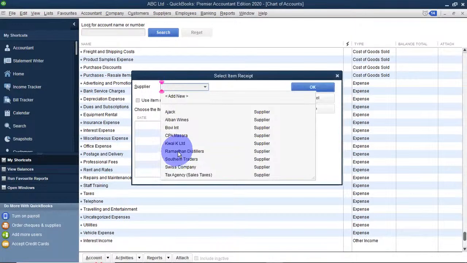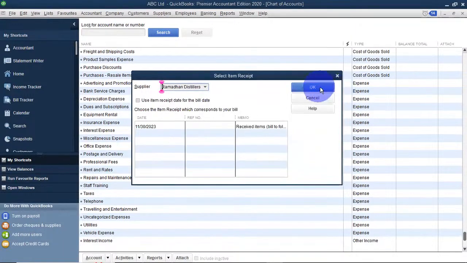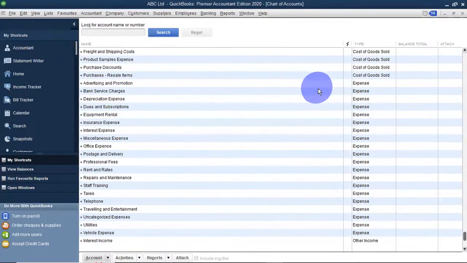Suppliers, enter bill for received items. Who is my next here? Ramadan Distillers. I will say, OK. So I have entered all my bills. The next step is now my suppliers have sent me an invoice, and therefore I need to make payment for